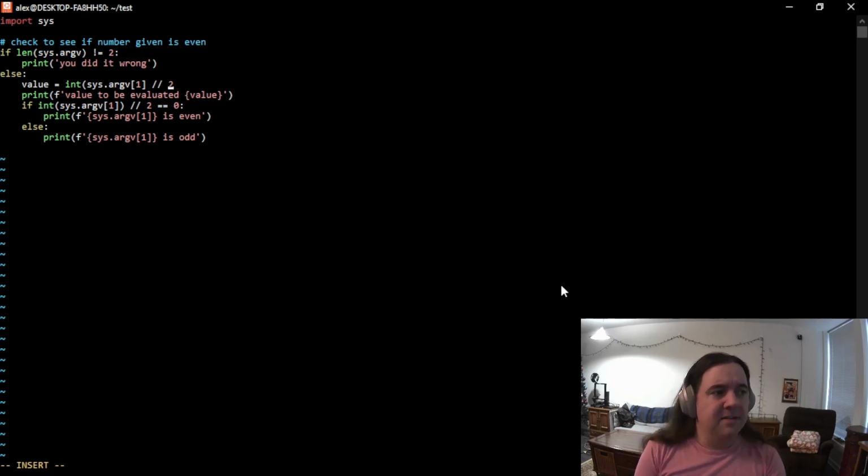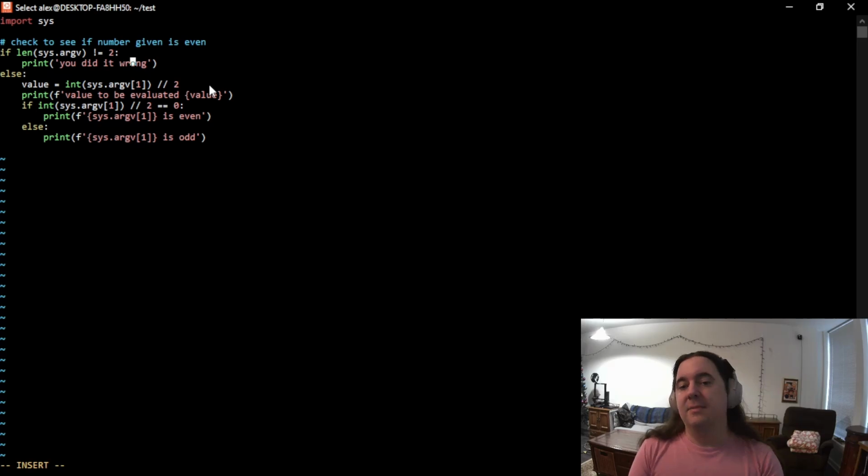I really don't want to get into Python syntax too much here, but if you're not familiar with Python, obviously print statements are prints. This sys.argv is using this library up here to look at the arguments that are passed into a program when you run it. In a lot of our programs, we take a look at things like when we run git init -b main. Well, for git, the init is an argument being passed into git. The -b and the main are also arguments being passed in to git, and git in its programming knows what